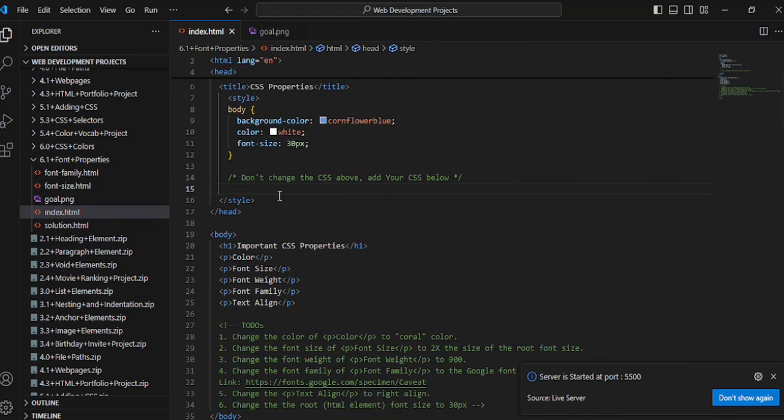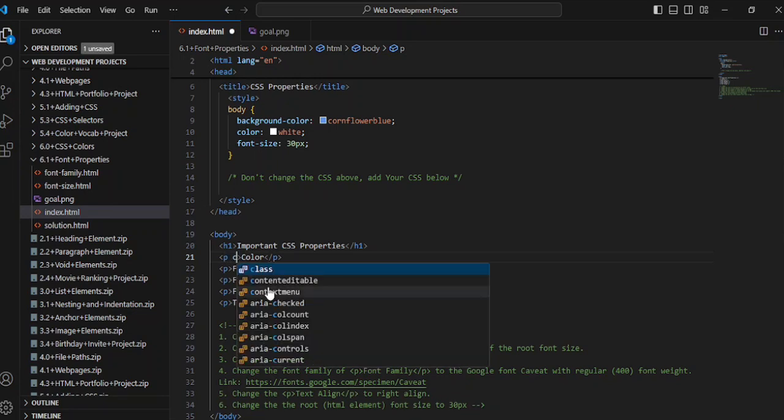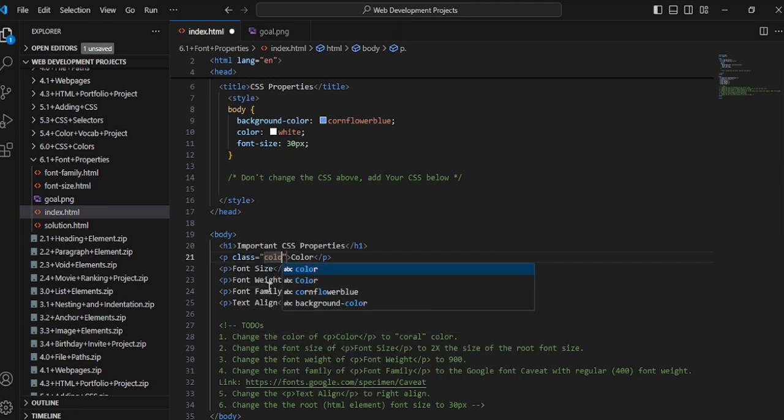This is where I'm going to be adding my CSS. My first task is to change the P color. If you notice, there is no class or ID given, but in this task, I'm going to be making use of class to work on the CSS and put in the properties I need to work with on the task given. So in P, I'm going to use class color, and